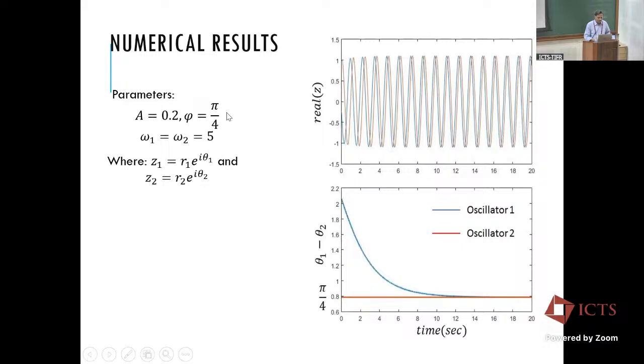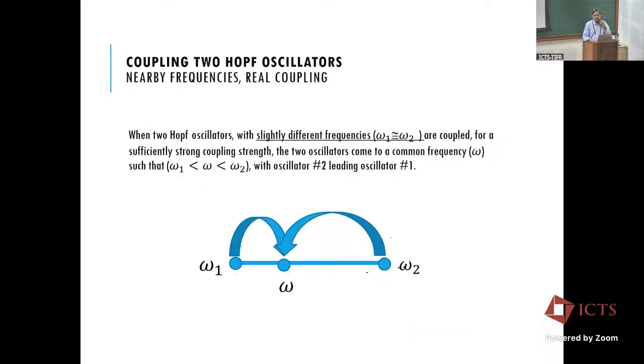So here we take a coupling where the angle is pi by 4 and then run the pair of oscillators. After some time, the phase difference goes to pi by 4. We thought we had discovered this, but it's already there. There's an excellent book on oscillator networks by Izhikevich and Hoppensteadt, and that book gives you this derivation. So then we went on to try to relax this further, because in the previous example we were able to get any arbitrary phase difference, but still the two oscillators have the same frequency, which is restrictive.